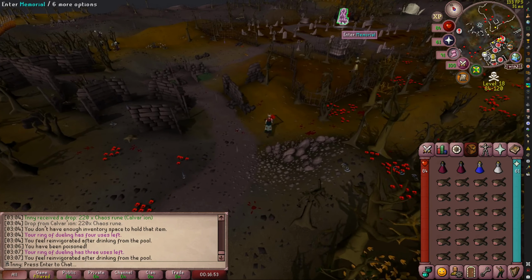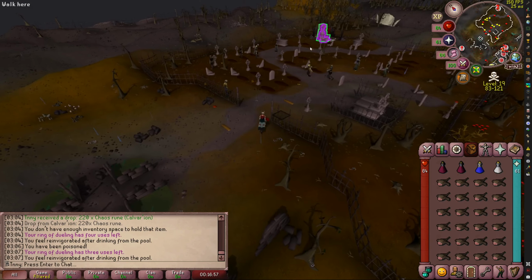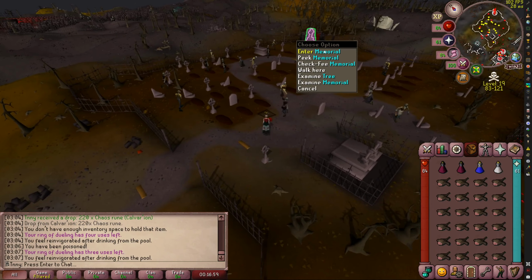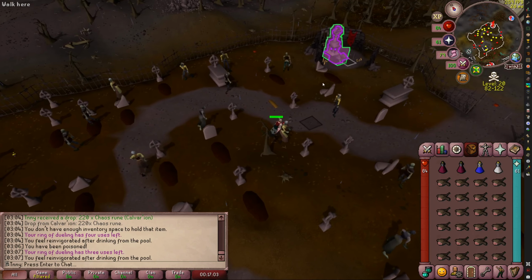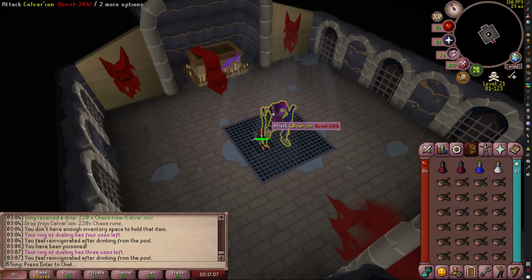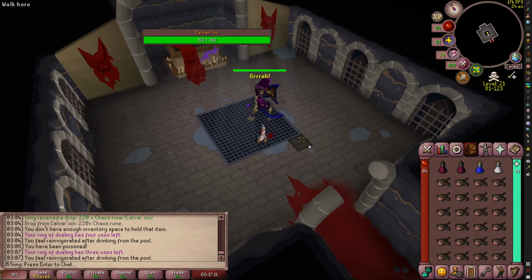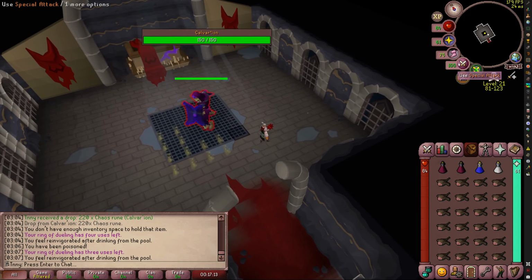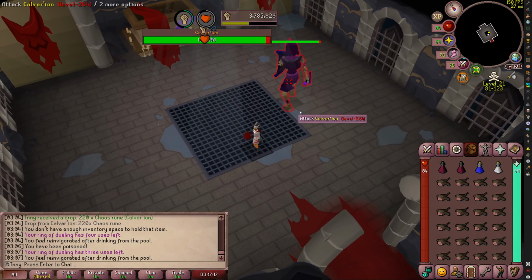From the Ferox Enclave, for Calvarion, which is the weak version of Vetion, you'll go over here to the memorial, which you'll see I've marked, and you'll just go in. At first you want me to peek. There we are. The boss is starting already, so what we want to do is avoid these blue circles, so